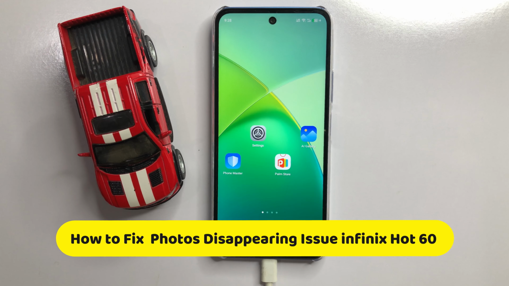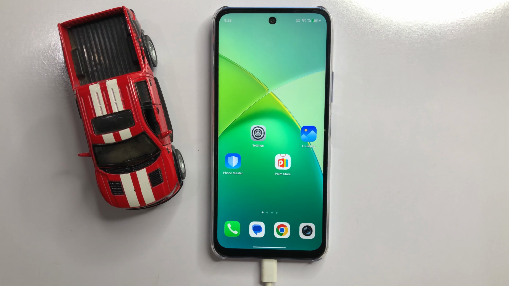Hello guys, get ready because in this video I'm going to show you how to fix photos disappearing issue in